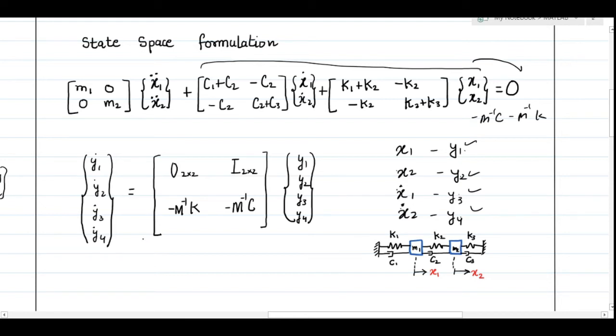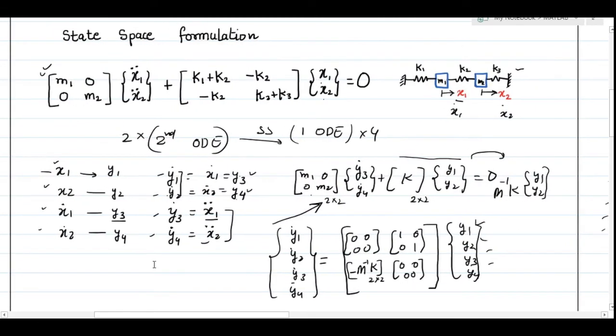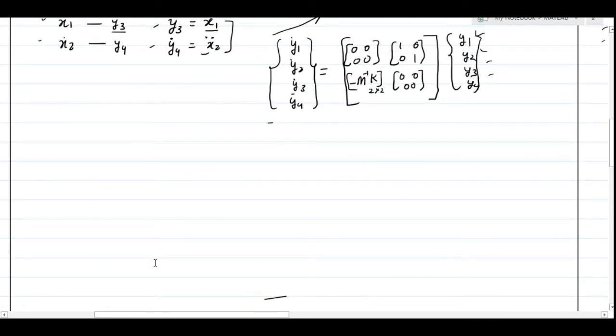So this would be my coefficient matrix, and you can remember this coefficient matrix every time, no need to derive it. So here I am having four state variables in the derivative form. This is my coefficient matrix term, and this is my four state variable vector. So I hope that now you have a basic understanding of how to convert this second order equation using state space formulation into a first order ordinary differential equation. So let's see our MATLAB code.